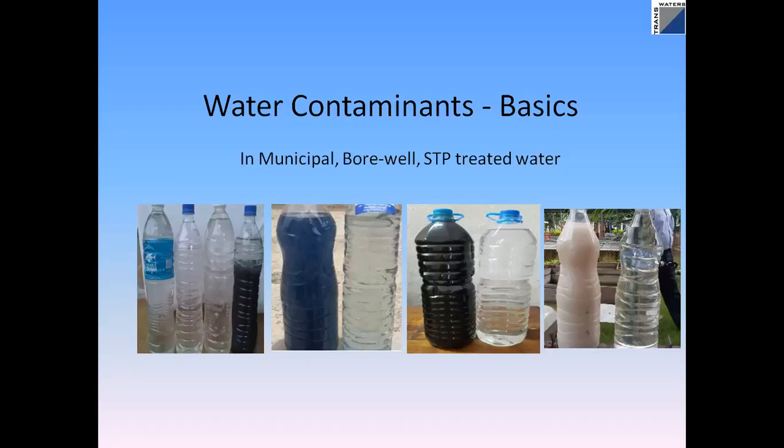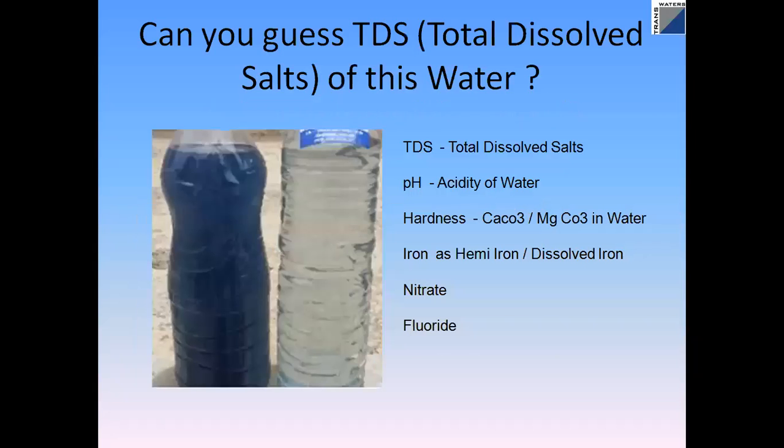I'll start with the next slide. We can see that normally when we say water quality, people generally talk about TDS, total dissolved salts in the water. If the water purifier person comes for installation, he generally brings a meter with him. They dip that inside the water and say your TDS is so much, 550, whatever it is. That is only a measurement of total dissolved salts in the water. It is not hardness.